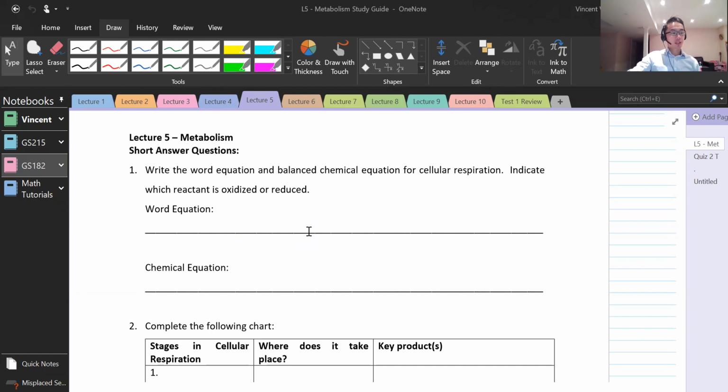So today, our agenda is to do the Lecture 5 study guide. It's actually quite a difficult concept, especially if you are learning it for the first time. So I will go through it in more detail, repeat a little bit of what I said in the lecture recording as well. And if we have time, we will take up the lab and also some of the questions from quiz number 2. Okay? But if we don't have time for those, then we'll do it during the review class for the